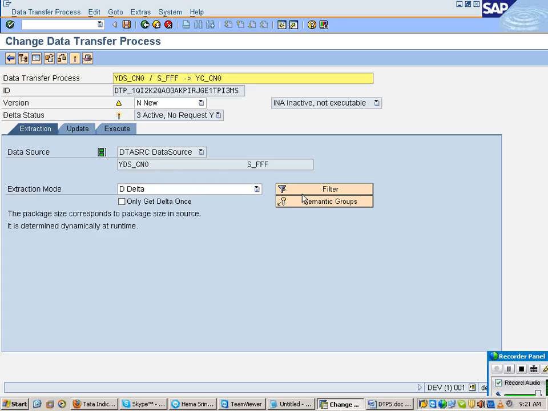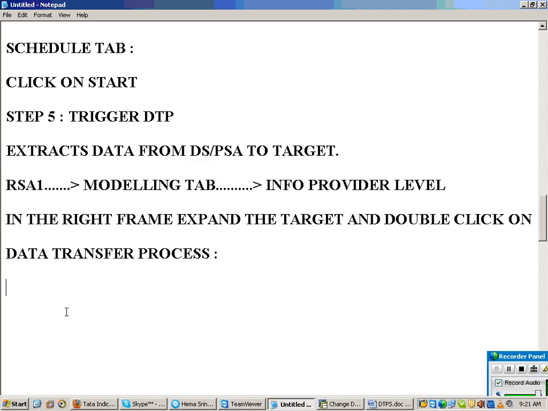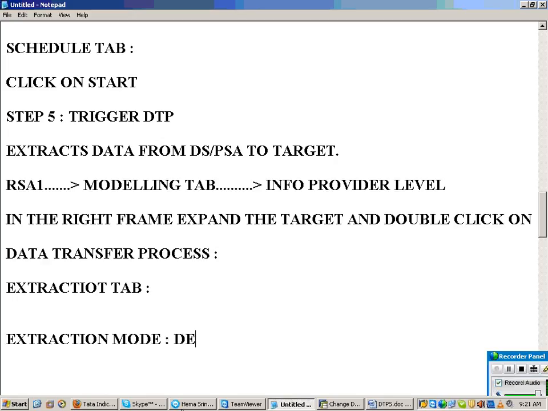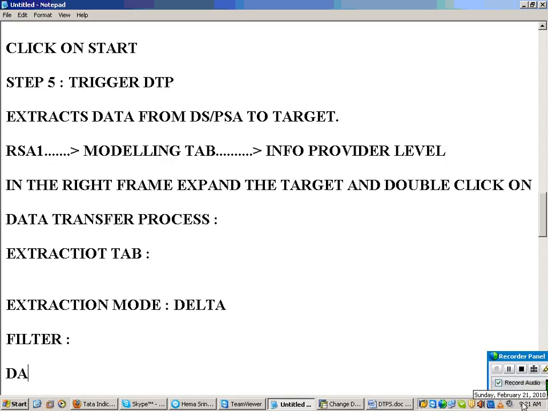So in the extraction tab, extraction mode is, what did I select? Delta. Then you have an option called filter. So filter is same as what? Data selection.